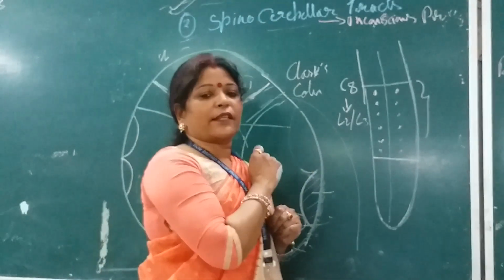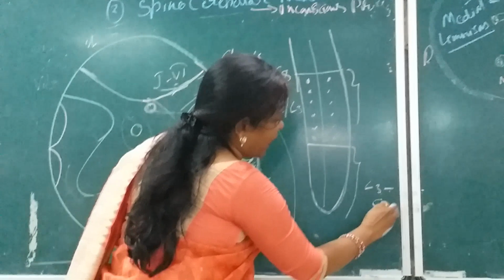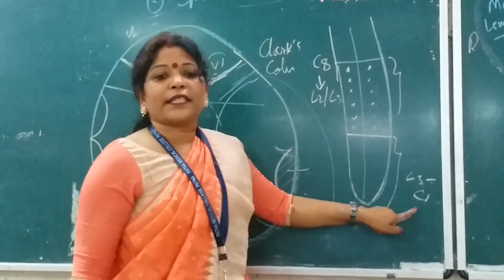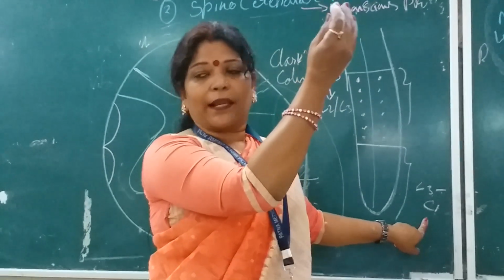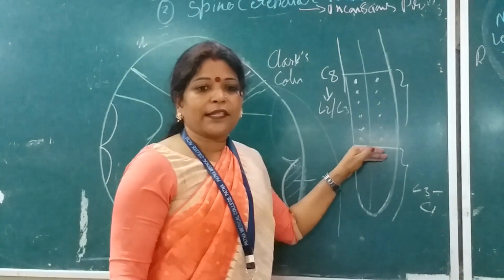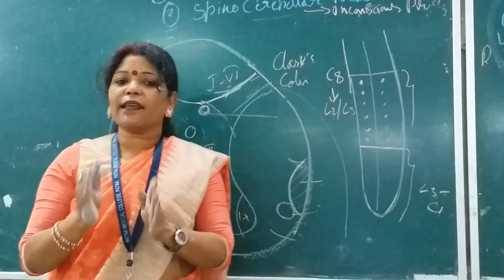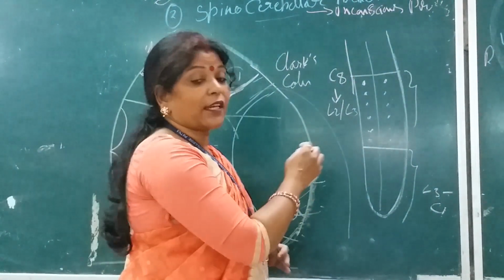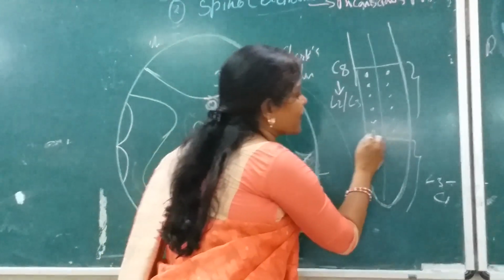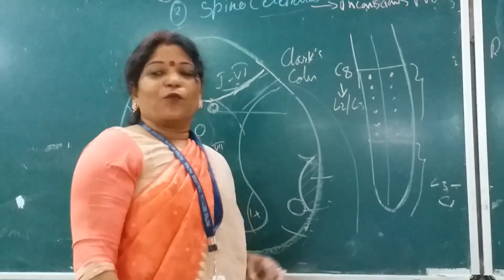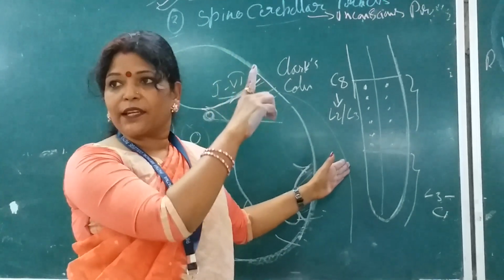But the same sensation below L3 to coccygeal 1, the same type of sensation which is carried to the cerebellum, just below L2 or L3, the tract which will convey this same sensation will be known as the anterior spinocerebellar tract or the ventral spinocerebellar tract. You get the point? There is the demarcation of these segments, which gives the different tracts going to the cerebellum.